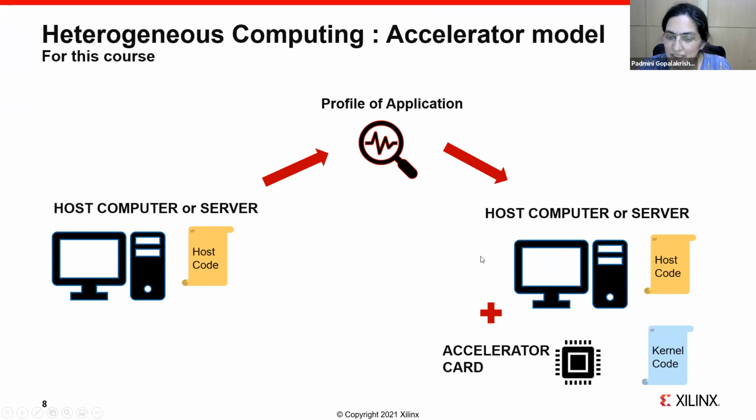Once you have profiled and decided what to accelerate, your code will be divided into two parts. One is code which runs on the host, and the second is code which runs on your accelerator, which we call the kernel code. A kernel is a term that we will use to refer to the part of the computation that is being accelerated. Okay.